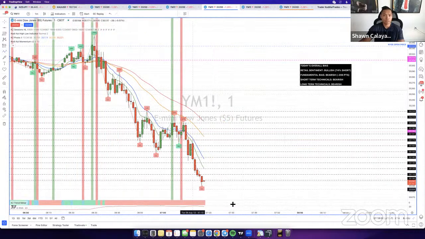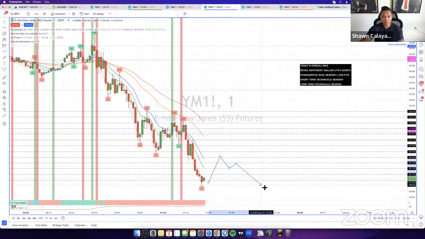So what I'm looking for here again is the buy signal to retrace up, then that sell signal again to push down, retrace, and continue. It's the same pattern. If you guys see this right here, this is literally the pattern that we're looking for, the same pattern that just keeps repeating itself. It just looks like half of a head and shoulders. So there's a head here and a shoulder.